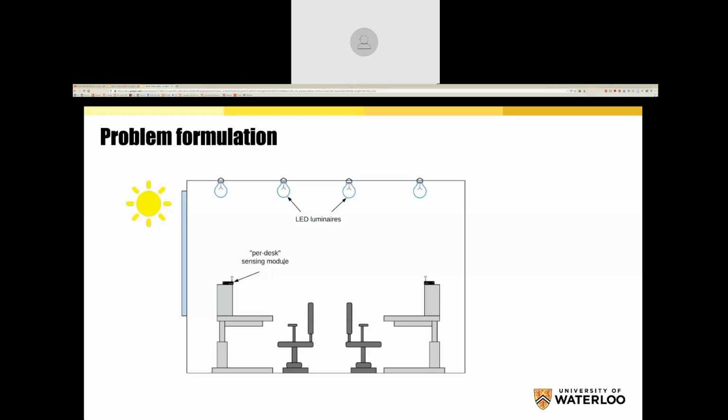It all depends on what we want for each of them. And so changing the dimming level of any one of these luminaires or bulbs has an impact on everybody's lighting comfort. So we have to do it very carefully. And also, if the sun comes out and you get more lighting over here, we can dim this one, but that one still has to be lit. Okay, so our problem formulation, therefore, is to control the lighting levels of each of these lights such that each desktop is properly lit according to their preferences.